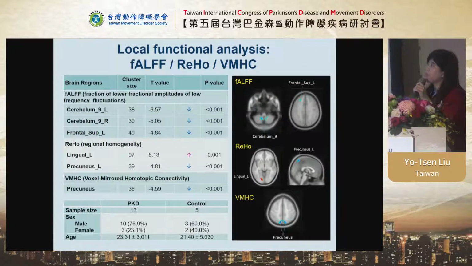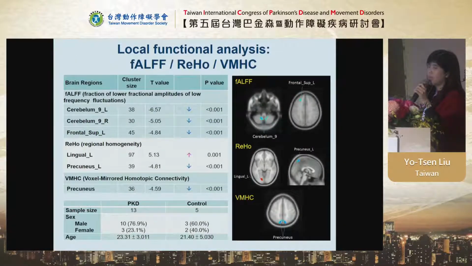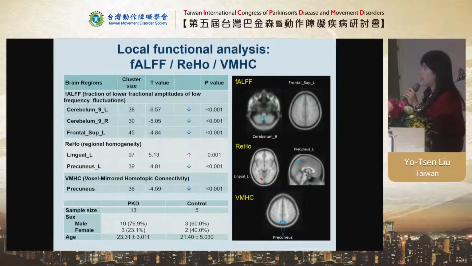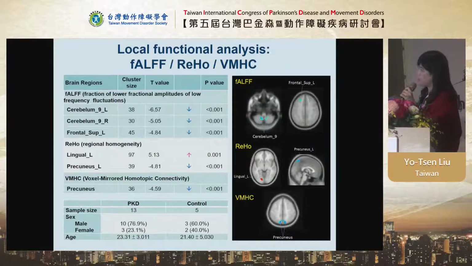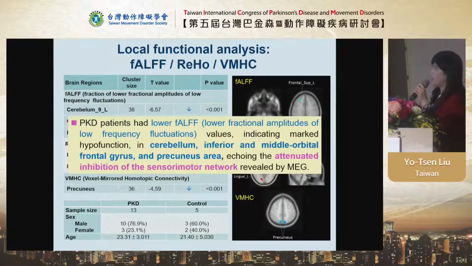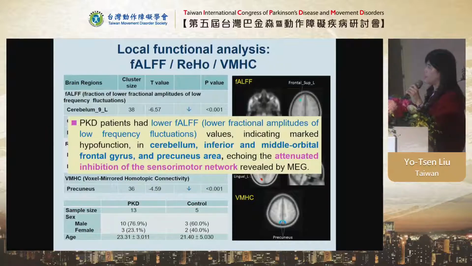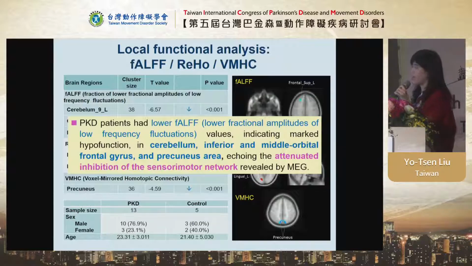And then we look at the local functional analysis. That means we look at the regional coordination or homogeneity. If the coordination is good, that means the regional function is good. Again, we see in PKD patients, most of the parameters are decreased. That means a hypofunction, particularly in the cerebellum, the orbital frontal gyrus, and the precuneus area. If you put them together, it echoes the somatosensory network attenuation, which we found in the MEG